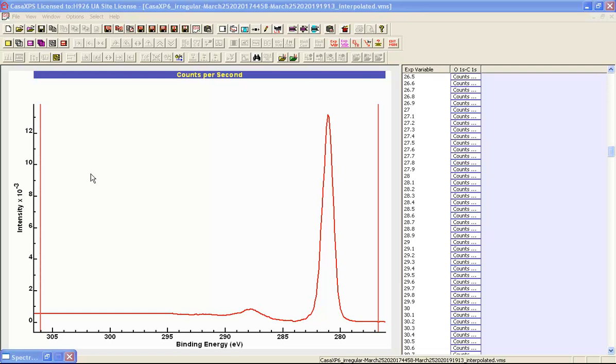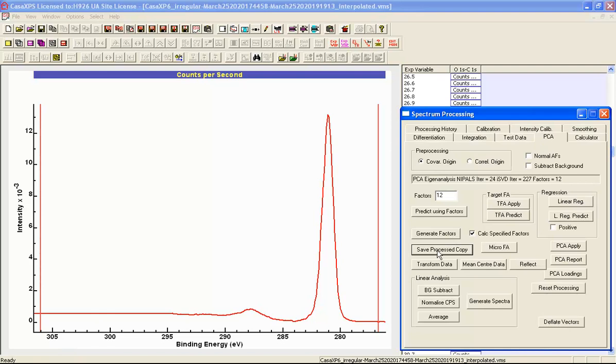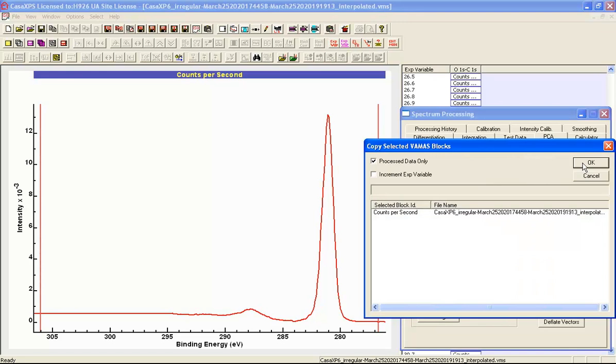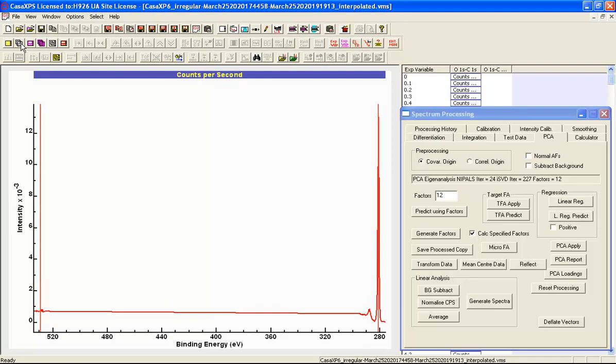There is an option on the PCA property page that helps to copy a spectrum, and it's this save processed copy. What it does is copy the selected VAMAS blocks and add an extra character to the element transition string so that it moves the copied VAMAS block to a new column. So when I press the OK button, I end up with a new column that is a single VAMAS block